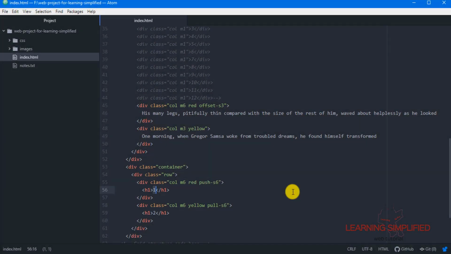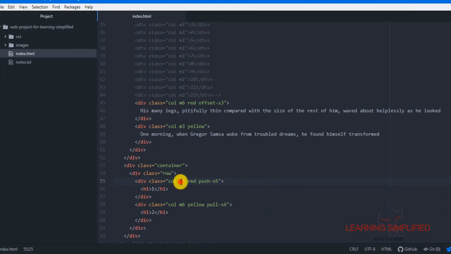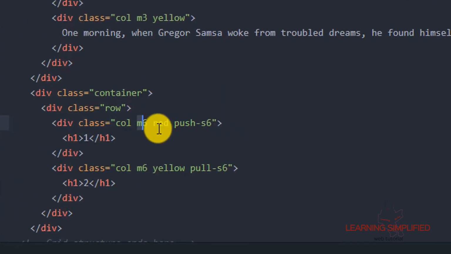But this is not the ideal situation. That is why all we need to do in this particular case, when we are going to push things off in case of lower device width or medium device width, if we make these amendments over here, then we need to make the same amendment in this push and in this pull section.